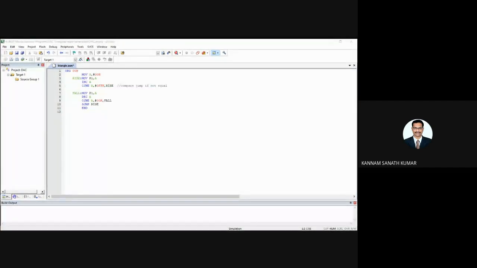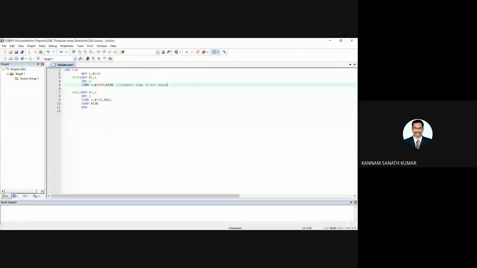This does a 2-in-1 instruction. That means it will compare the content of the accumulator and this value. What is the content of the accumulator? 00 and FF it will compare. If both are not equal, it will jump back. Again the value 00 is moved into port 1 and incremented, so the accumulator becomes 01.